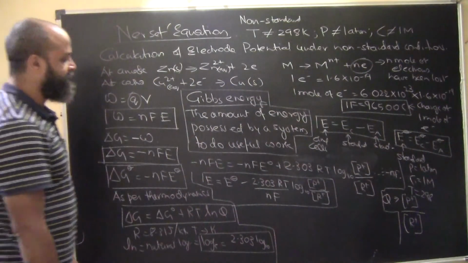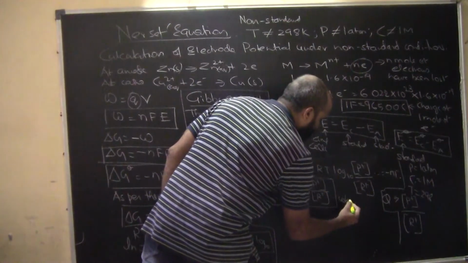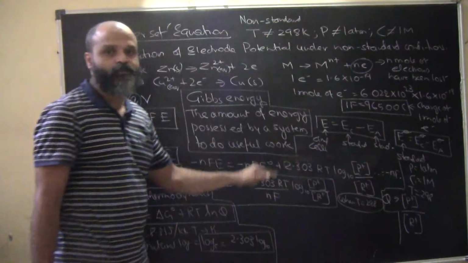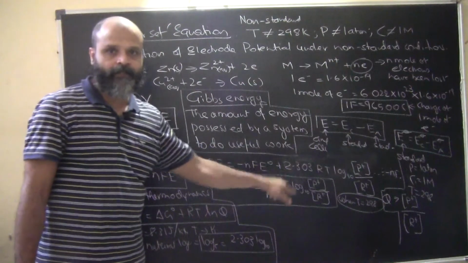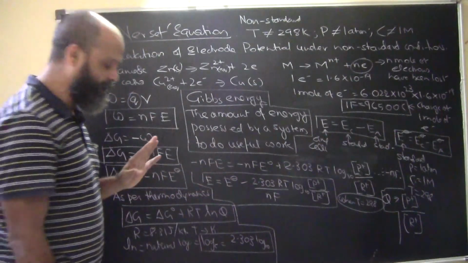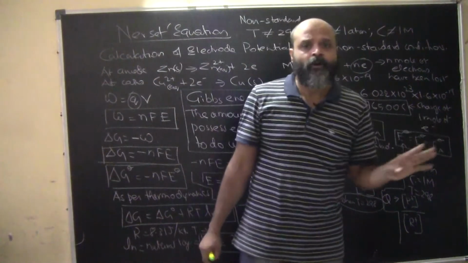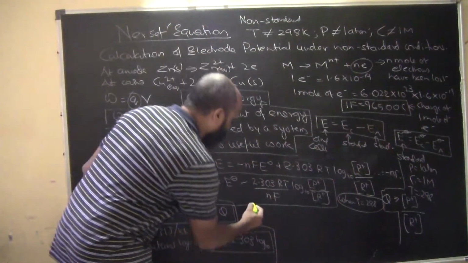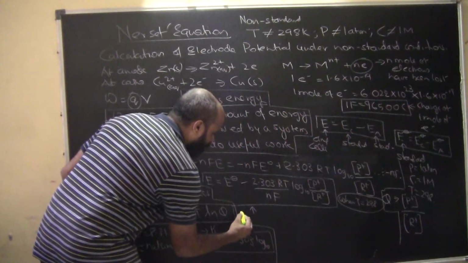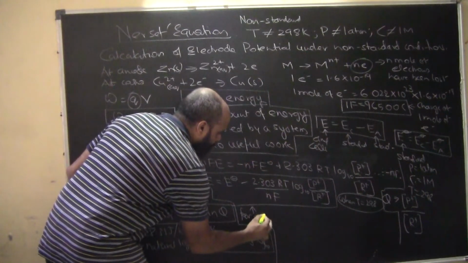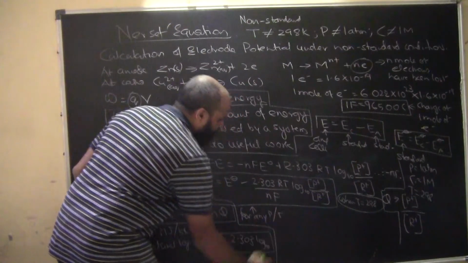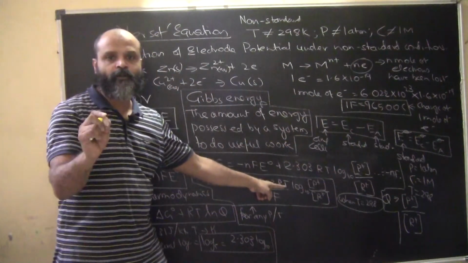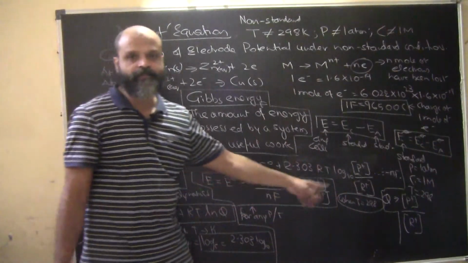How can we modify it? Just remember, you can modify or use the value that I am going to put in the next column only when the temperature is 298. Most of your questions are based on the temperature 298. This form is applicable for any kind of pressure, any kind of temperature. You are just going to put the value of T, and of course N and F are there.